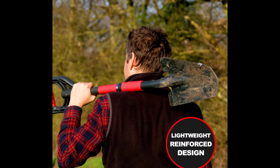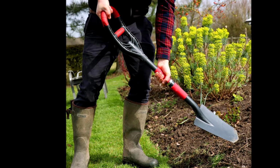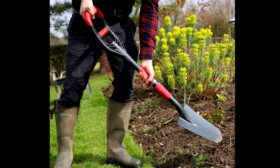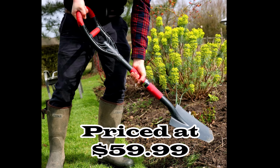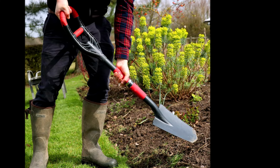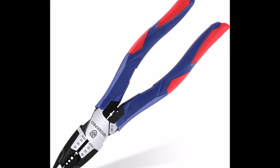The extra-large grip allows for comfortable use, even when wearing gloves, making heavy soil feel light. Overall, the Roam-Wild Multi-Digger Garden Spade offers an ultra-lightweight, comfortable, yet powerful digging experience, making it the next level in digging innovation. Number 7. The WorkPro 8-inch linesman pliers with wire cutter and stripper is a versatile and essential tool